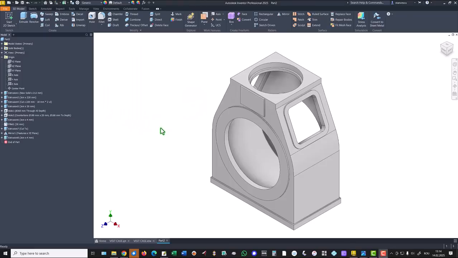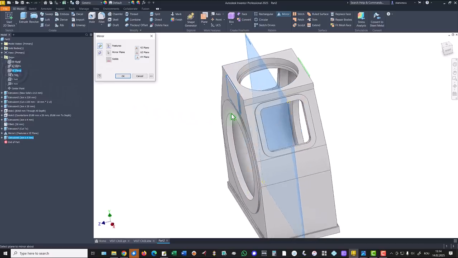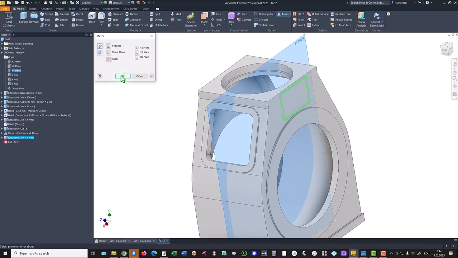Okay, this must be also mirrored. The last feature about XY plane. Okay,